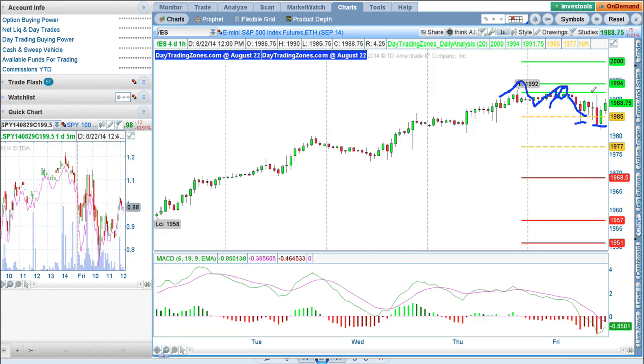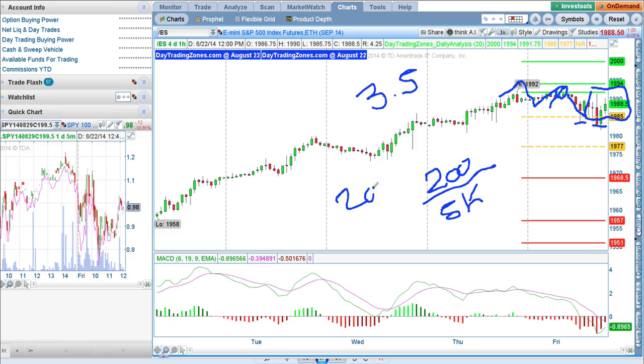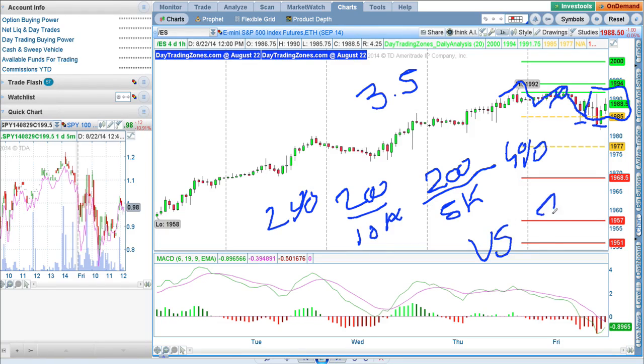Now look what the ES has done. The ES has moved 3.5 points. So let's say it moved $200. If you trade with a $5,000 account, one ES, or you trade $200 with $10,000 per contract on the ES, you would have made here a 2% return on your money, or you would have made a 4% return on your money here. That compares with 21% return on my move here on the SPY with only